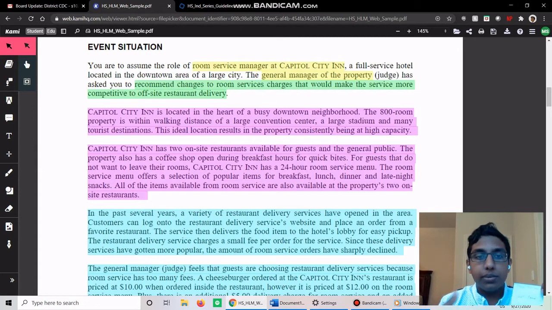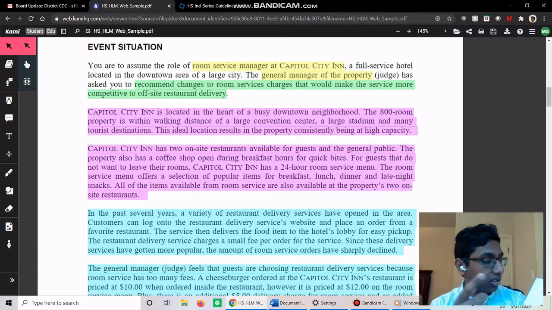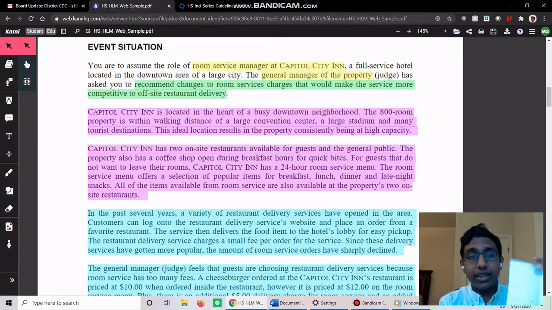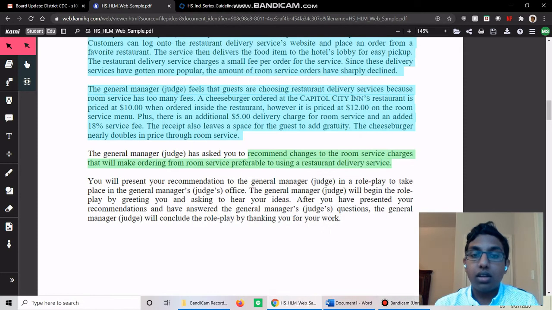It's just a tool to help you convey your overall message. So on the left here, I included what the problem is, like what our competition is, the food delivery. I talk about why the food delivery is a problem for us, and I explain that the food delivery places are hurting us. So I talked about how the food delivery services are hurting their room service because they're taking business away from